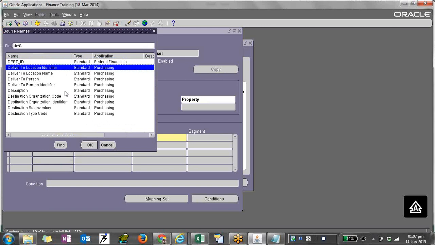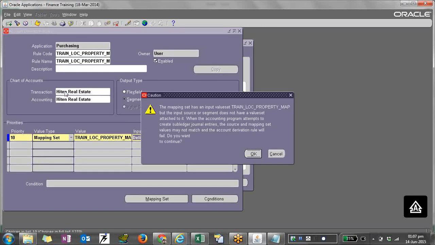You see there are two things. Identifier ID is also there and name is also there. So either you map with the location ID to code. There is one benefit that you cannot change the ID, but you can update the name. So if you have updated the name over there, that means your mapping set will not work. If in my case, if you change the location, this is a message. Most of the time it used to come. I don't know why. The reason they used to say is that there is a value set attached,